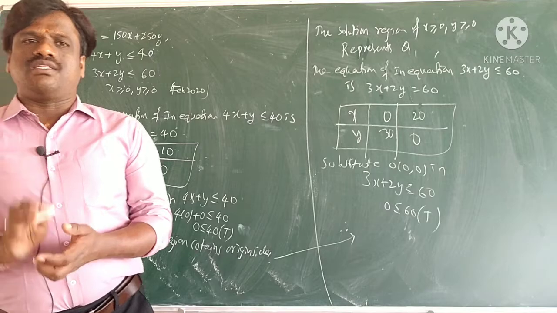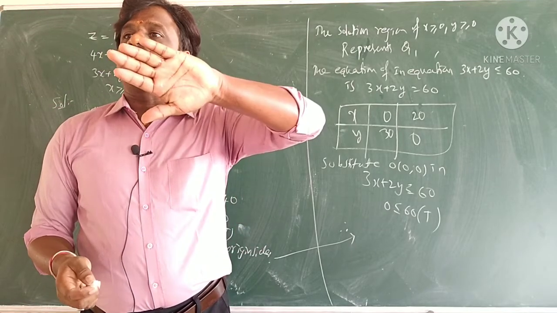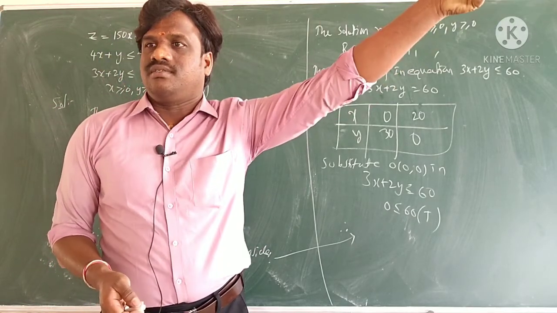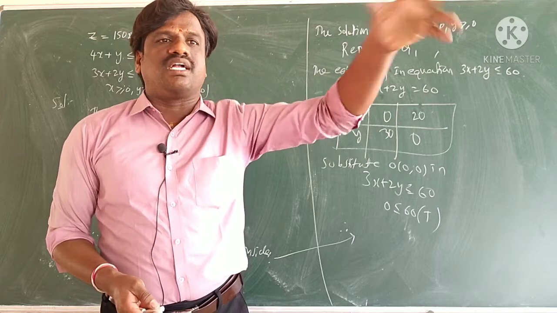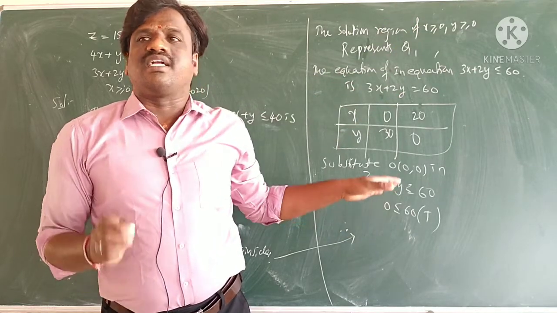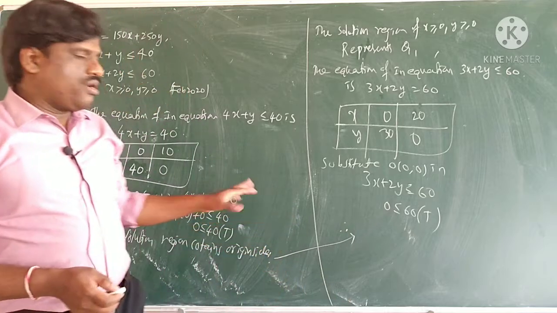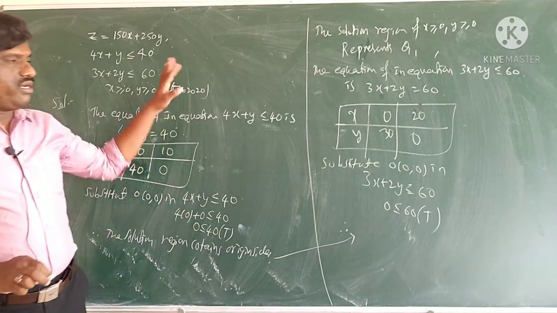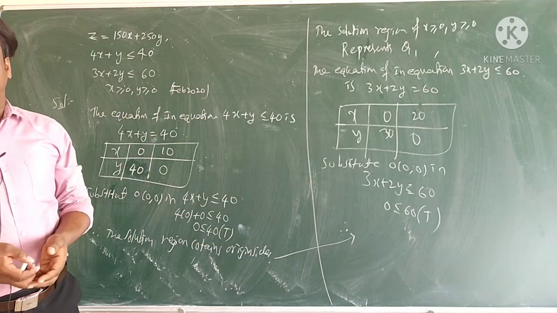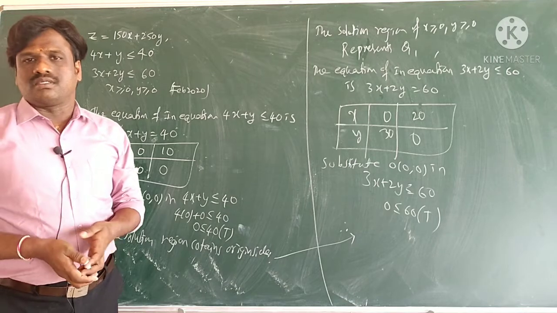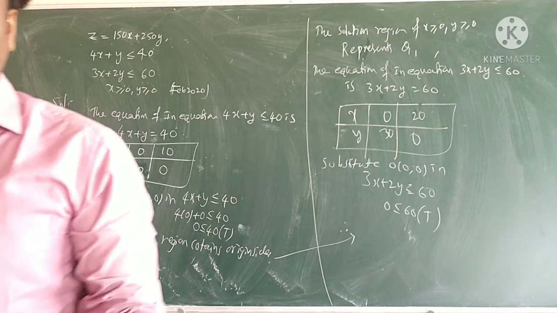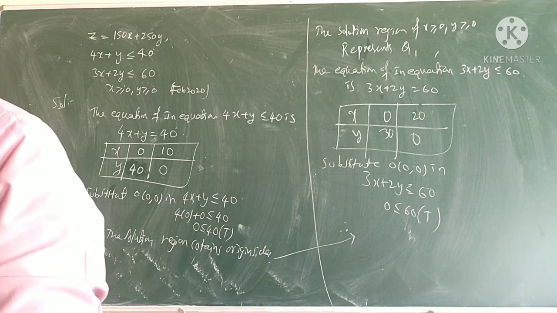See, when you get false, we say that the solution region does not contain the origin side. Right? Here we write that it contains the origin side. Okay, understood? Then we will draw the graph, then we will do the same picture that we did in the past. Understood? 4 marks. Confirm? After this we will start vectors.